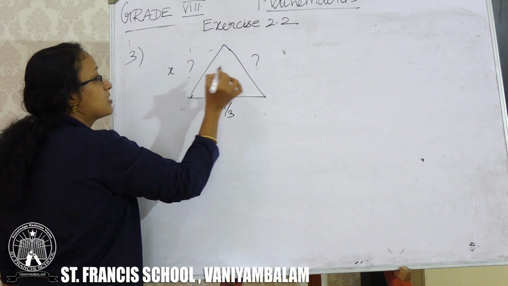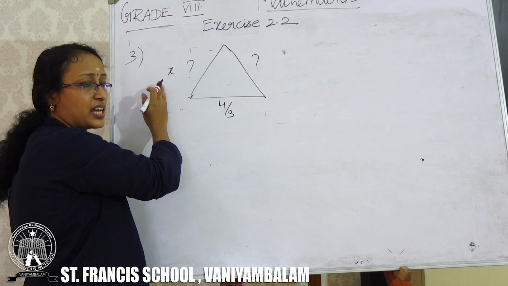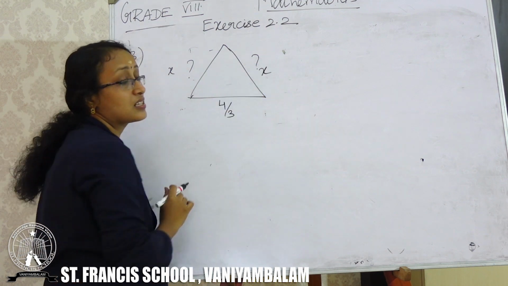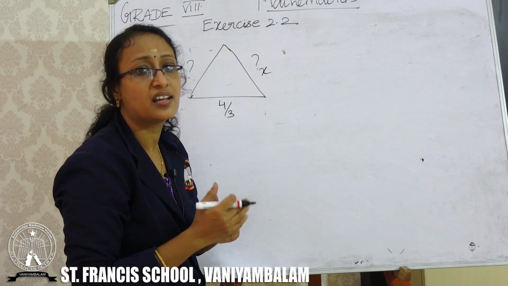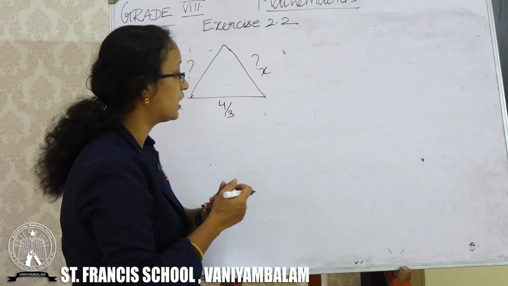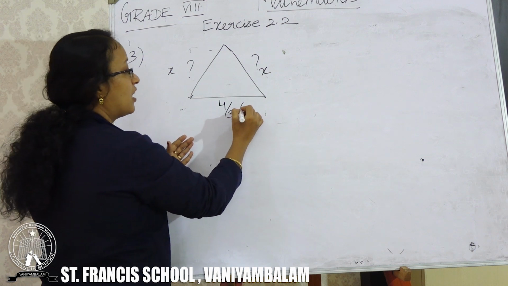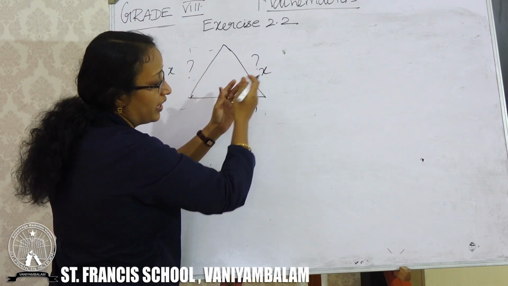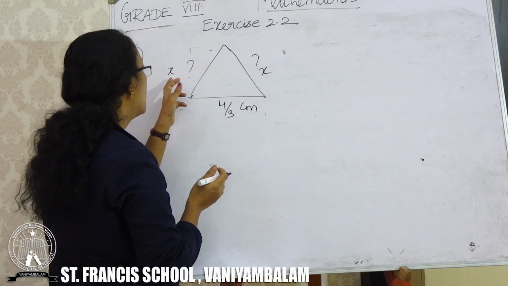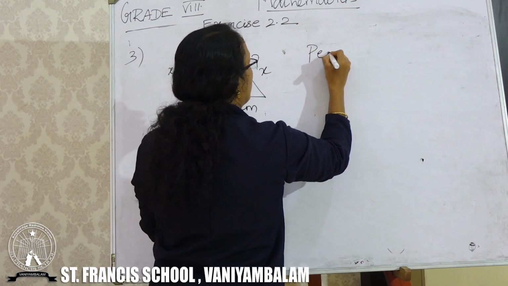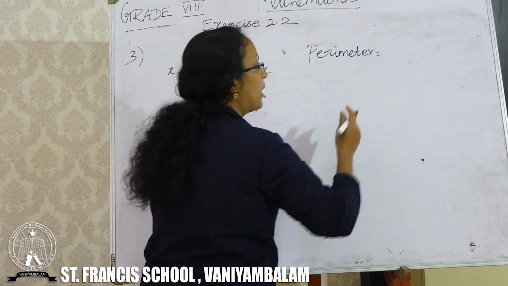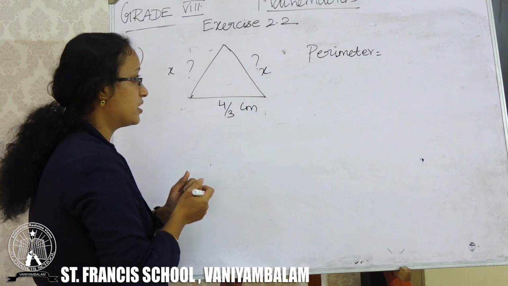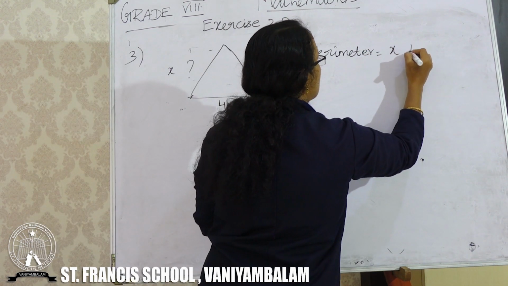And let us take this as x. So if this is x, what will be this? The other side is also x. Why? Because an isosceles triangle property is these two sides are equal. So you have the base here already, and you have to find these two sides. And it is given perimeter. Perimeter is nothing but adding all the boundaries. So x plus